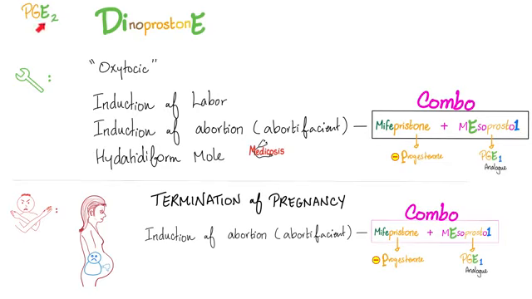Let's talk about the prostaglandin E2 analog, dinoprostone. Why do you use it? It's oxytocic. It makes the uterus contract. And for this same reason, it's contraindicated in pregnancy. You can use it to induce labor because it's oxytocic. It increases uterine muscle contraction, induction, and if there is a hydatidiform mole because you want to induce. If there is eclampsia because you want to induce.